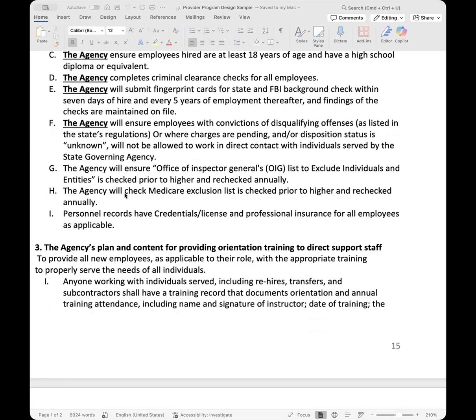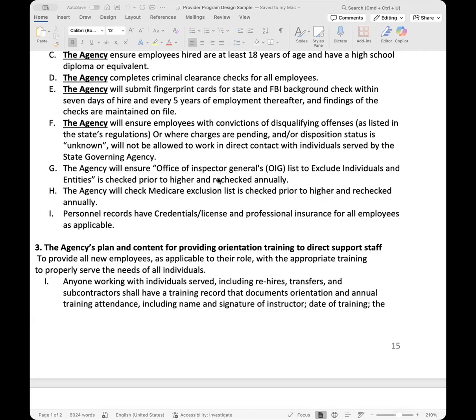Okay. So there are a couple of other checks that agencies have to do elsewhere, but in California the state will do them for you. It's the Inspector General report, and then there's a list for Medicaid. If anybody has any fraud in Medicaid, that's another disqualifying offense.